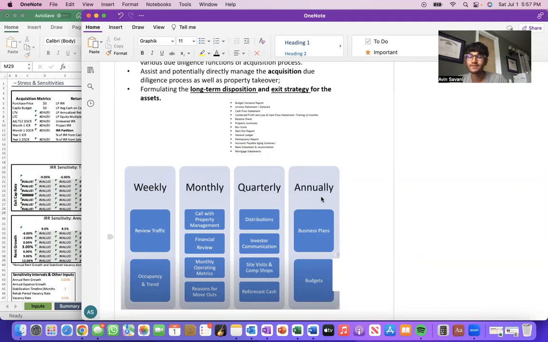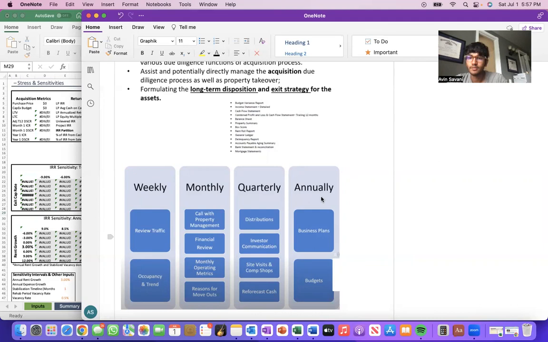And then reforecasting cash. Basically adjusting your budgets for the year, or also just on the fly. Let's say you budgeted a certain amount for your insurance, but you realize that there's fire damage at the property. Now your premiums are through the roof, or other instances where you just have to adjust on the fly. It's a good idea to reforecast cash throughout the year. And then quarterly, again,